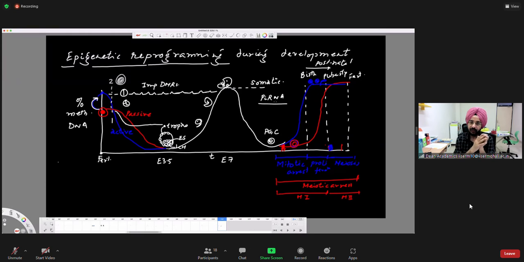So transposons are exceptions here. Apart from it, most things follow this trajectory. Now, I only plotted percentage methylated DNA, but you can extrapolate this to other histone modifications. For example, I want to plot